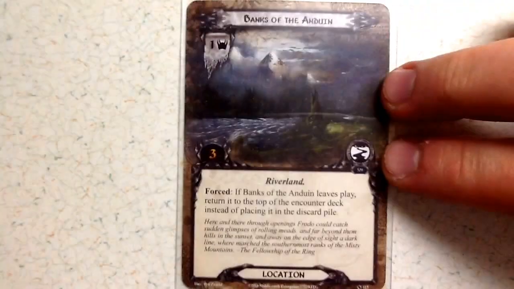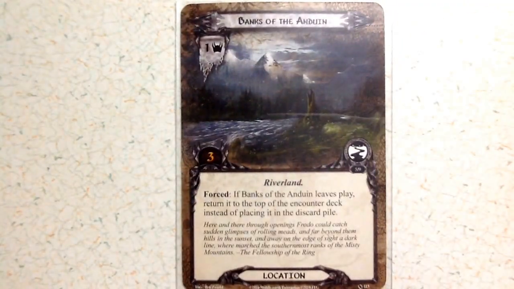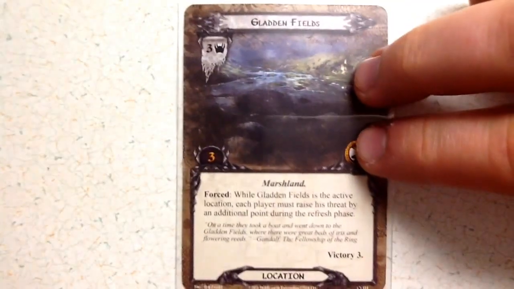Moving on to the locations, and there's 5 total location cards. This one, the Banks of Anduin, you're going to get 2 of them. There's 1 threat and 3 progress tokens required to get past it. Forced, if Banks of the Anduin leaves play, return it to the top of the encounter deck instead of placing it in the discard pile. And then we've got Gladden Fields,